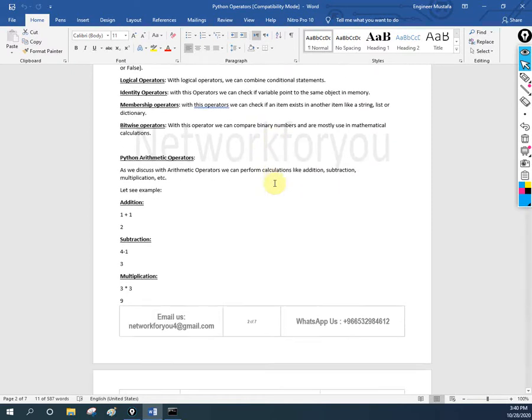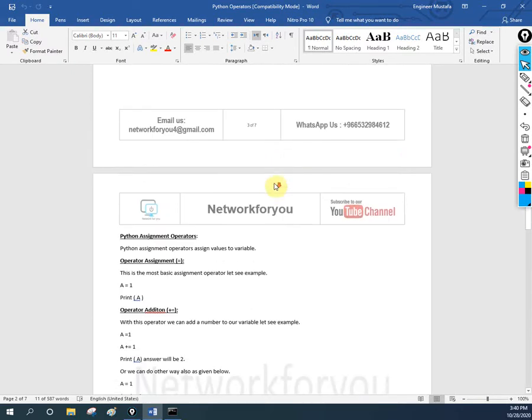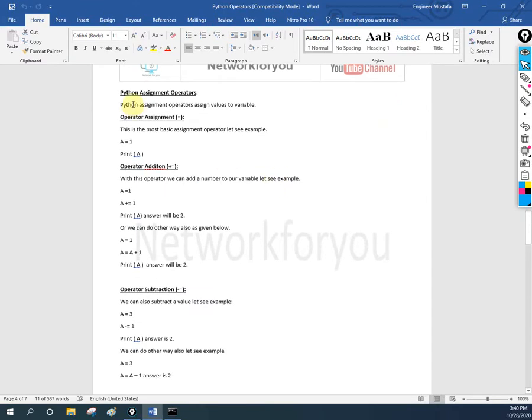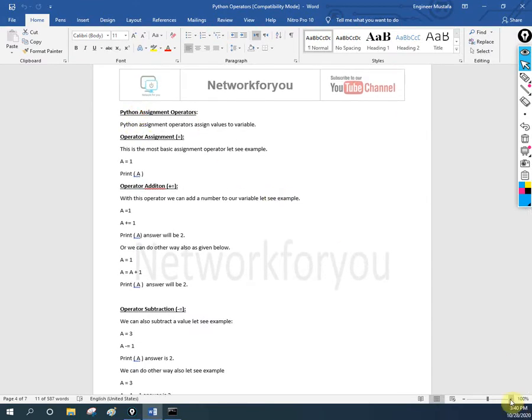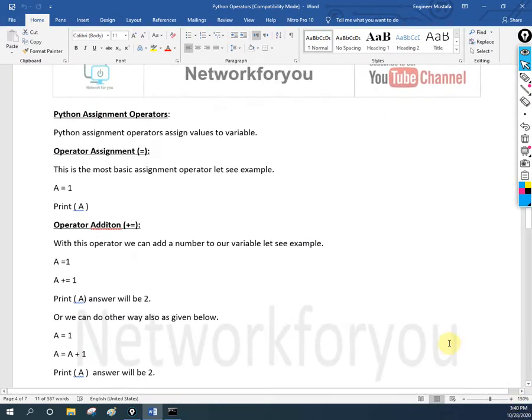So let me move to the assignment point. Let me zoom in so you have more clarity. Here, Python assignment operators. Python supports assignment operators to assign values to a variable. This is basic.